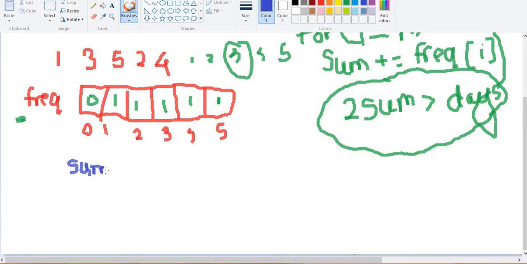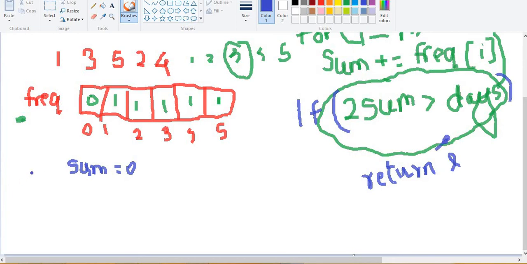In that case we would move ahead, and this particular condition is in an if statement. If twice the sum of our counter is greater than the days, we would be returning the ith value. So let's check this. The ith value would be the median for that case. Okay, and for i is equal to 0, sum is 0.